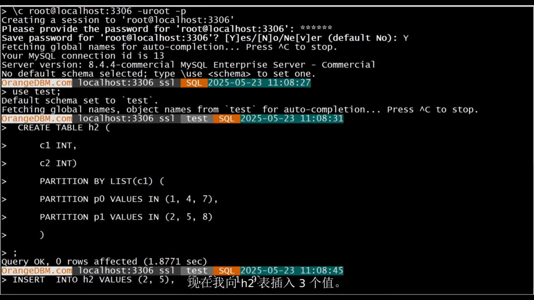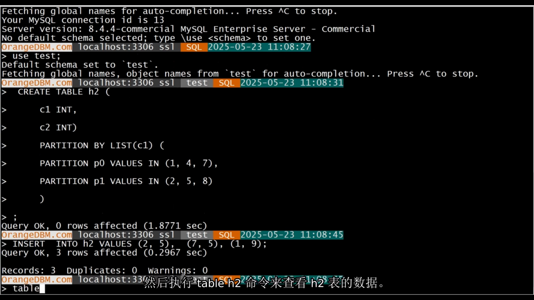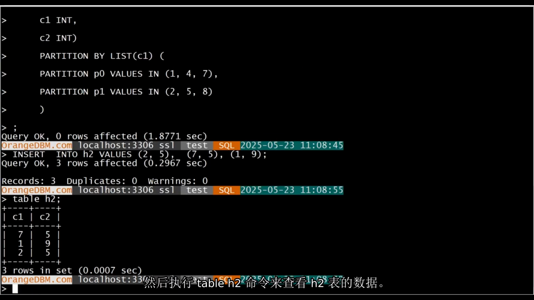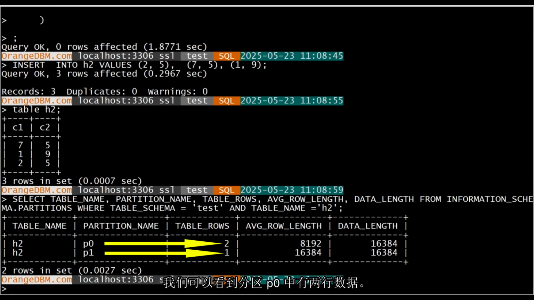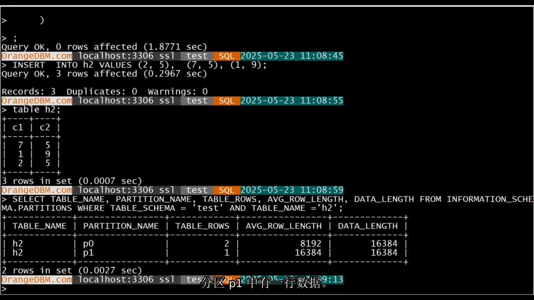Now, I insert three values into the H2 table and then execute a select on table H2 to check its data. All the data has been inserted into the table. We can use this SQL statement to view the partition information of the H2 table. We can see that there are two rows of data in partition